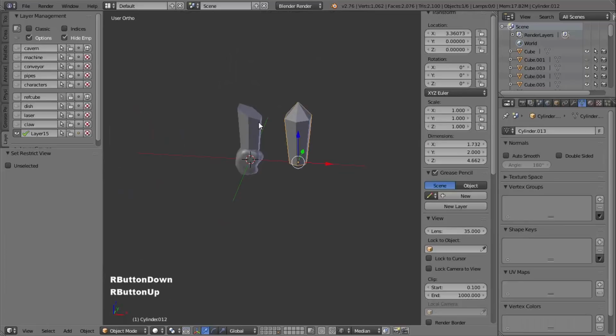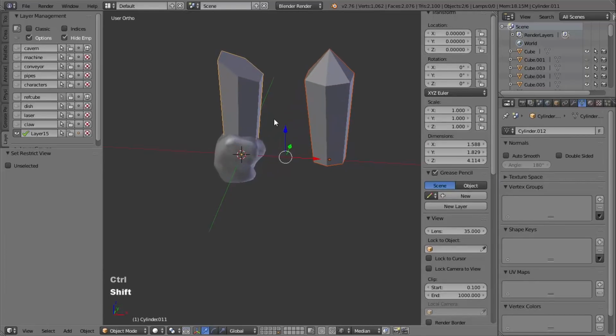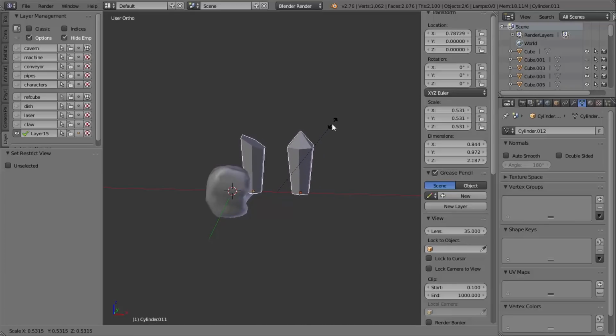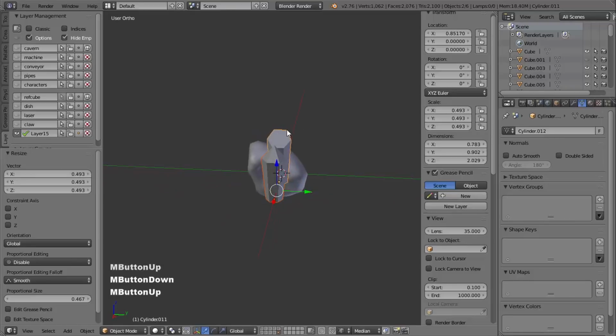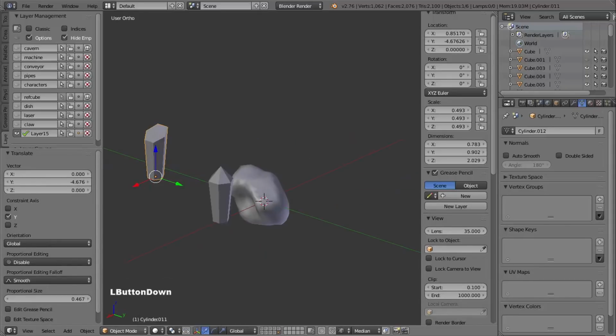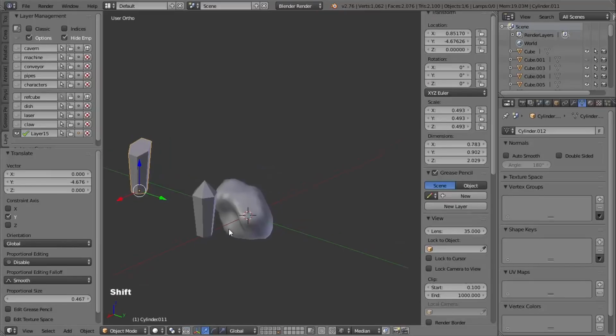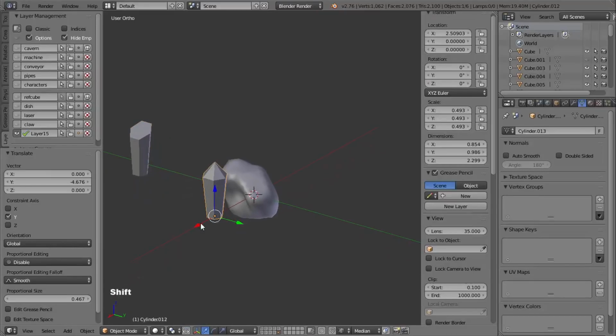And first of all, you can see that the crystals are much bigger than the rock, so I'm going to scale those down, and I'm going to move this one out of the way for now. And looking at the concept again, you can see that the one in the center is quite small compared to this one on the right, and the one on the left is about halfway between. So going back in, I'm going to select the pointed one and place it roughly in the middle,